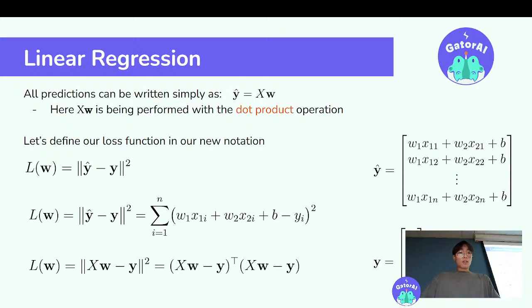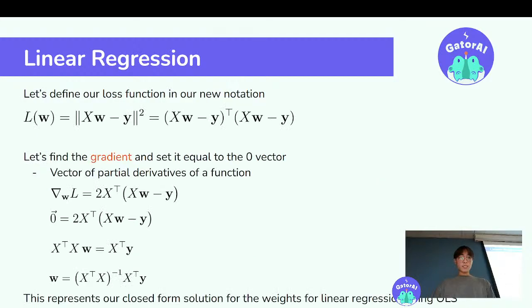And so we can show it like this, and essentially what's happening here is we have our loss function, and we can take the Euclidean norm and we can expand it outwards. Essentially xw minus y, and remember xw is our predictions, and we just transpose and multiply it by xw minus y. That's essentially the same thing as taking the difference our model makes from the true values and then just squaring it. It's essentially the same thing we did before. So we now have defined our loss function in our new notation.